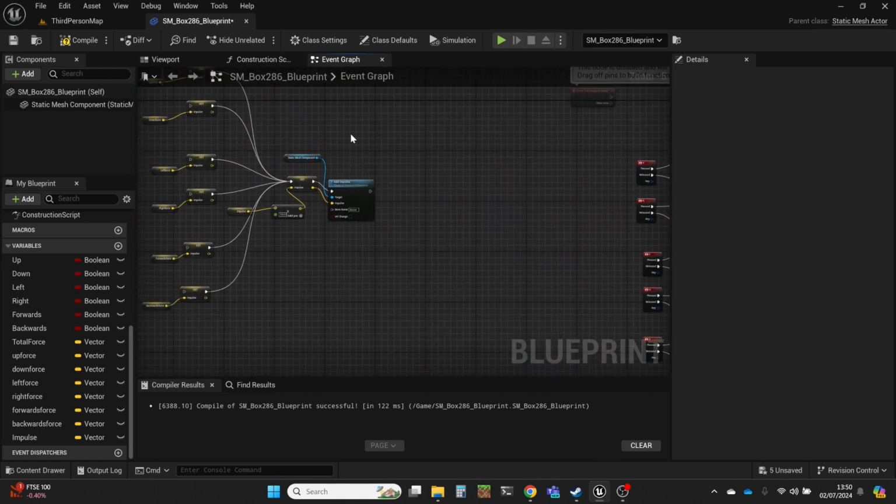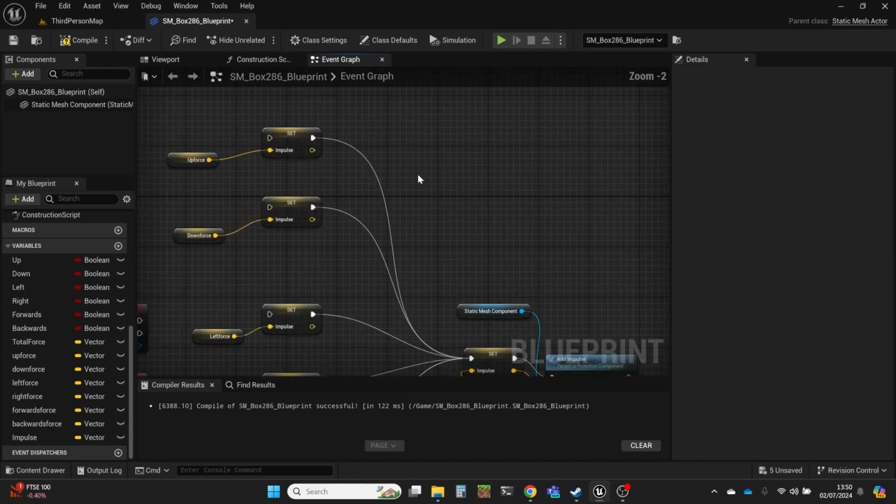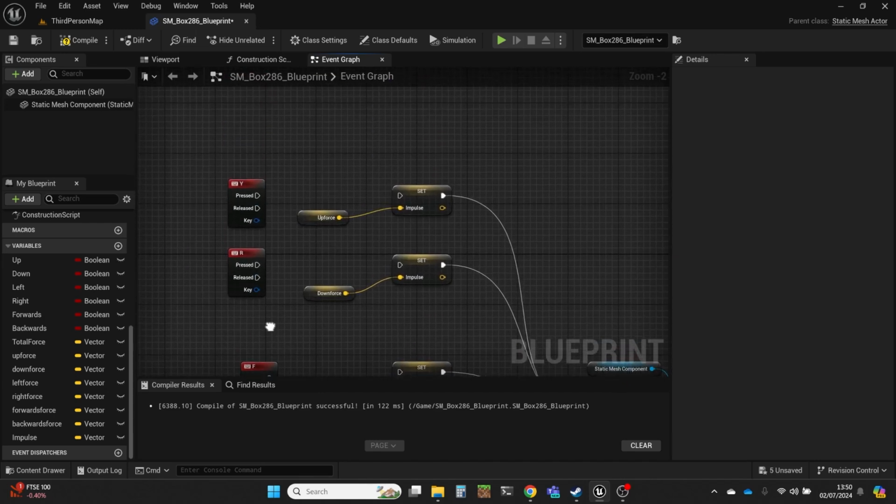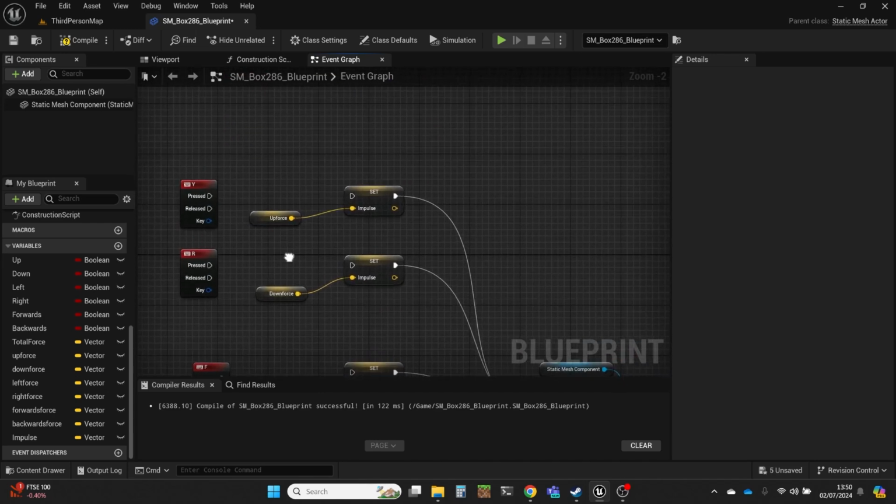And I've actually got some stuff over here to the left, which I have set up. So I've actually got the same controls, Y, R, etc. down here. And I'm using again these variables that have got the forces in. And I'm going to set this variable impulse from them. I'm going to use that as an impulse. So when you press the key, it just gives you the impulse once. And then you let go, it doesn't do anything. You press it again, it'll give you it again. So you can repeatedly apply the impulse, or you can apply impulses in different directions.